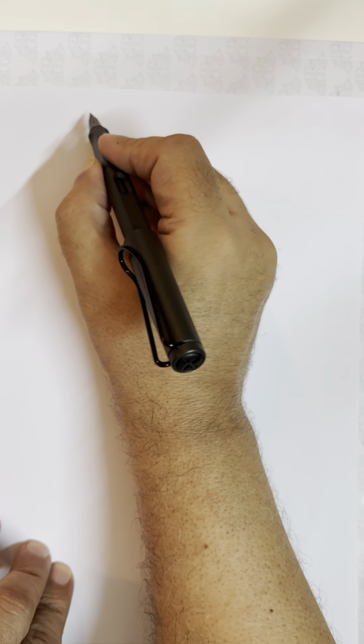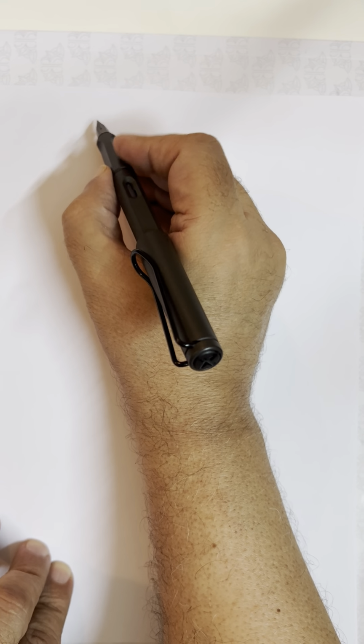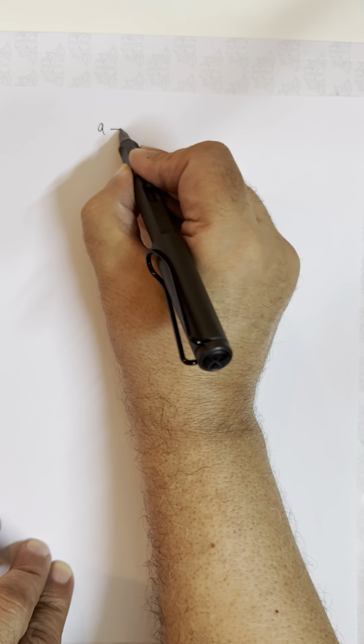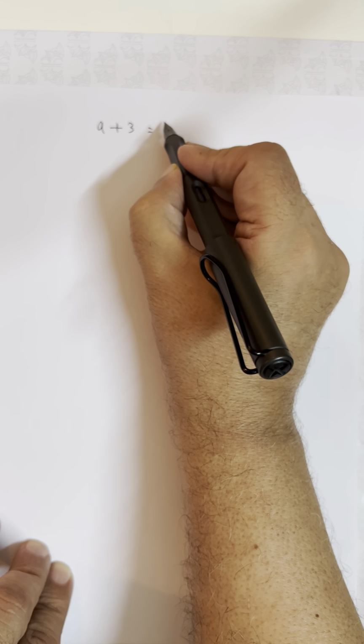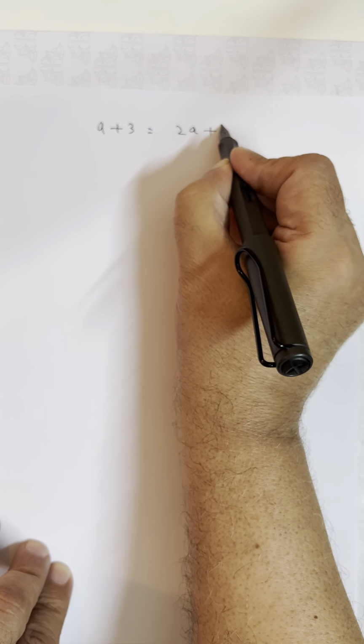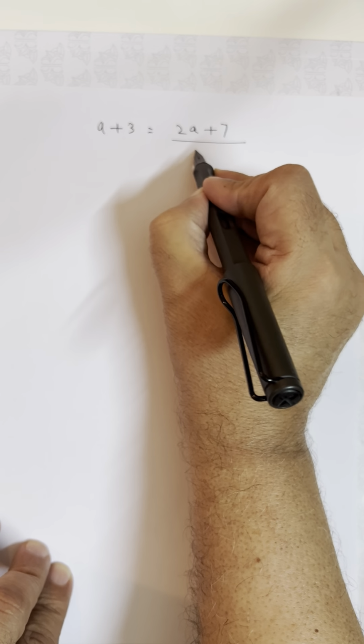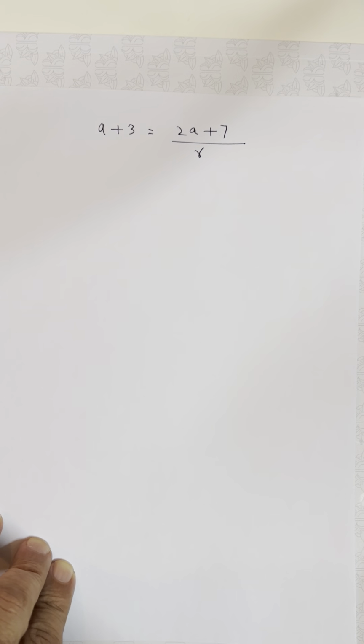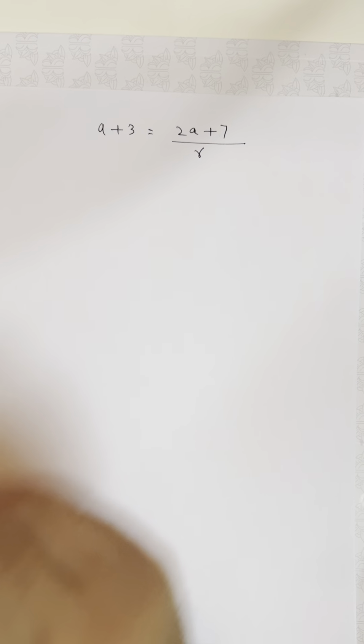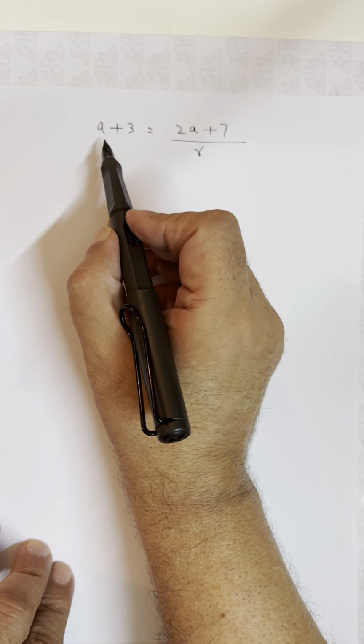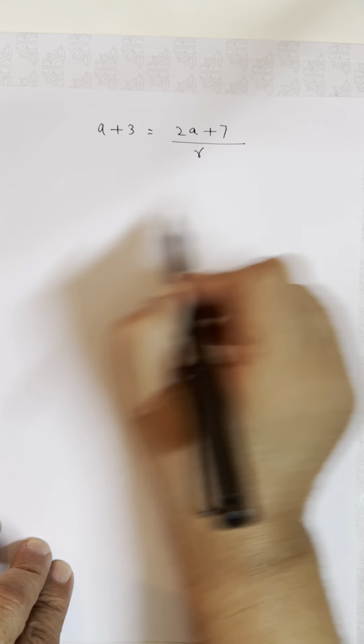All right, Iba, here's another one. It says a plus 3 equals (2a plus 7) divided by r. This is algebra, and what you're asked to do is to make a the subject of all of this,